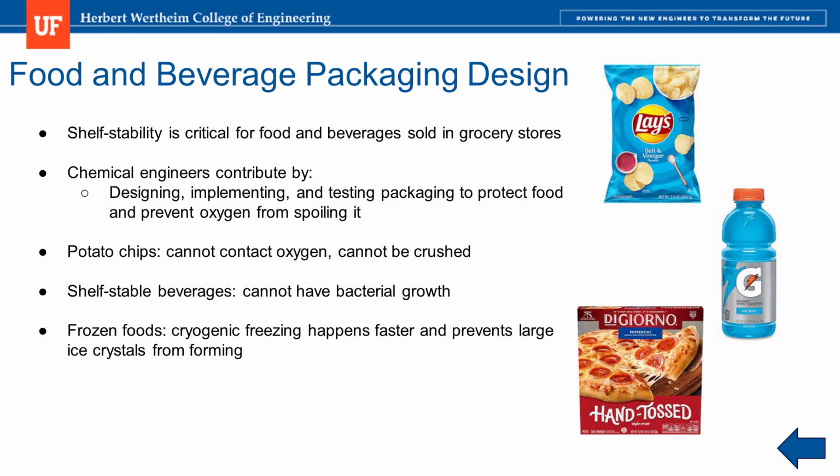In the food and beverage industry, chemical engineers are often involved in the design of packaging in order to keep the food shelf stable. Take, for example, a bag of potato chips. First, we know that oxygen is a culprit behind several methods of food spoilage. Oxygen can allow the growth of mold and yeast, and it can also participate in reactions that oxidize lipids in the food. Therefore, the gas in the bag cannot be regular air since it contains oxygen, 21 mole% to be exact. Rather, the air is first inerted to remove oxygen and replace it with more nitrogen. Second, the inerted air in the bag is pressurized to prevent crushing of the potato chips.